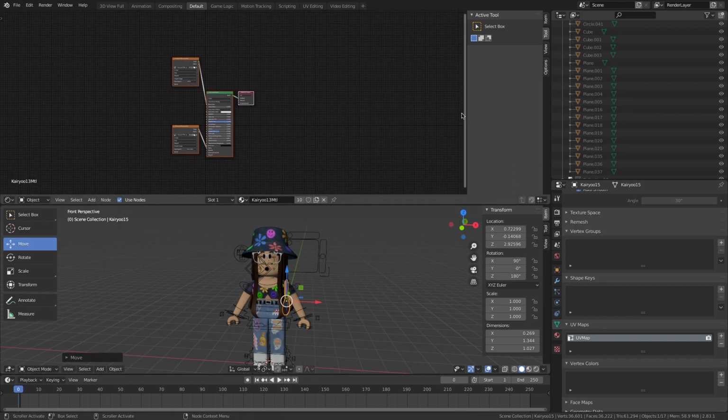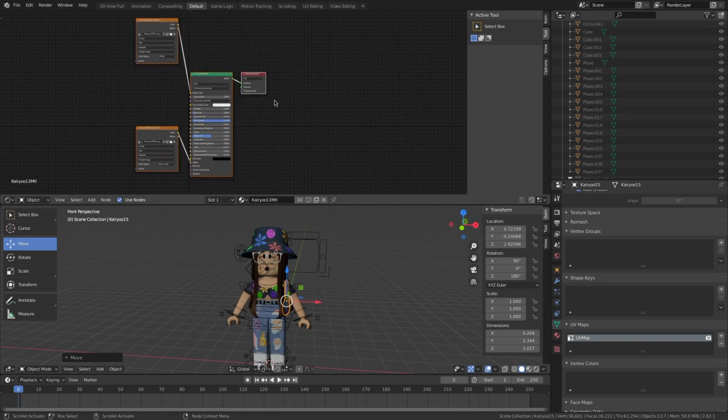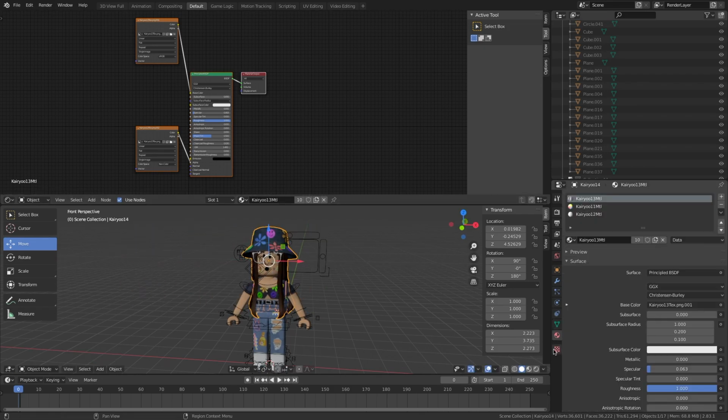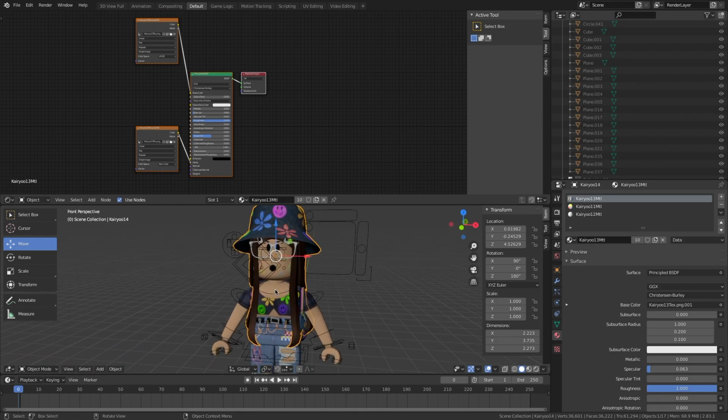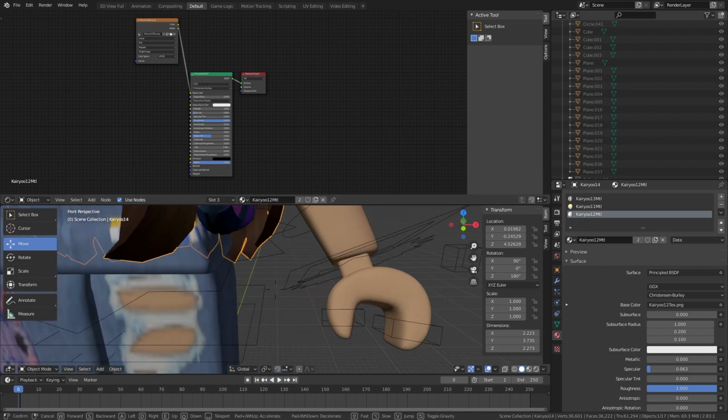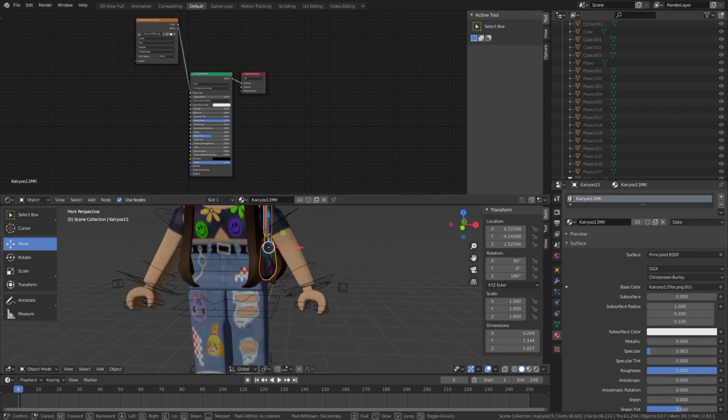So you're going to do the transparency fix, and to do that, you're going to click on your head. Click down here where it says this thing, and you're going to see 1 or more textures. I have 3 since I have a lot of accessories, but you might only have 1 or 2. You're going to click on the first accessory, go into your shader editor and delete this node right here. And you're just going to do that with all of the things. So if I click this purse,